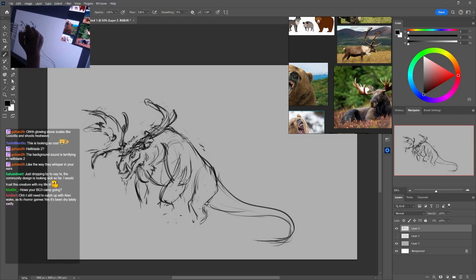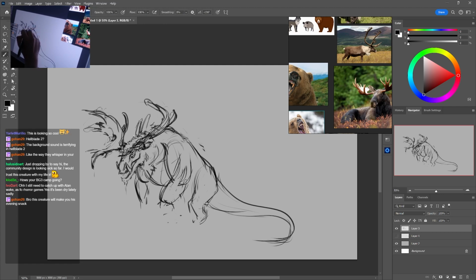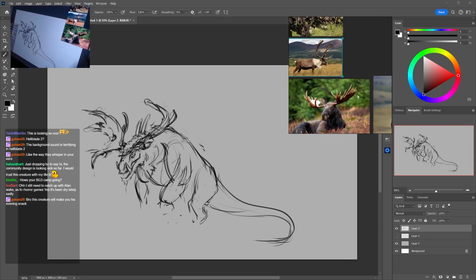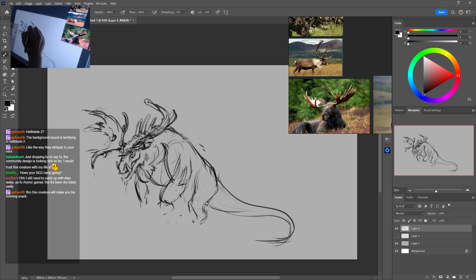So maybe we can have stone here, and then we can have these big spikes coming out here, yeah? There are some indie ones that came out, but there's not a lot though. We can have these big spine thingies. And the fun thing is a lot of animals that are ungulates have these big spine protrusions in their actual skeleton. So I think this will be interesting.